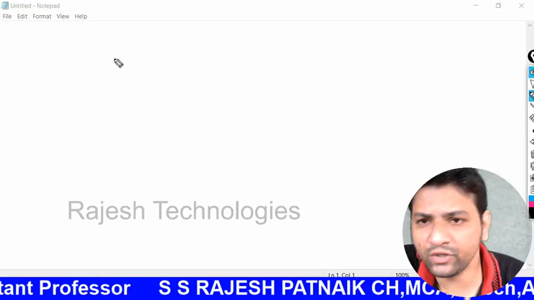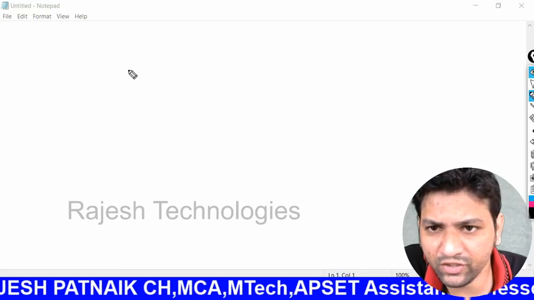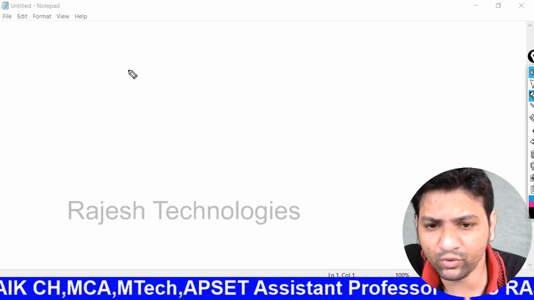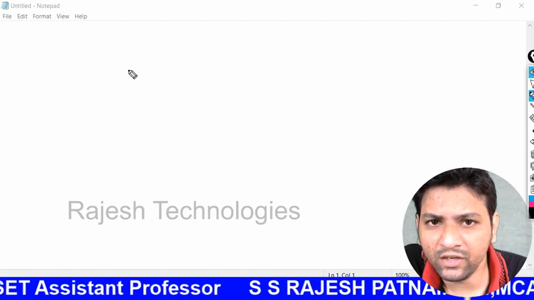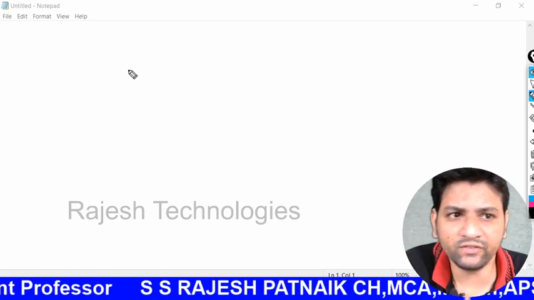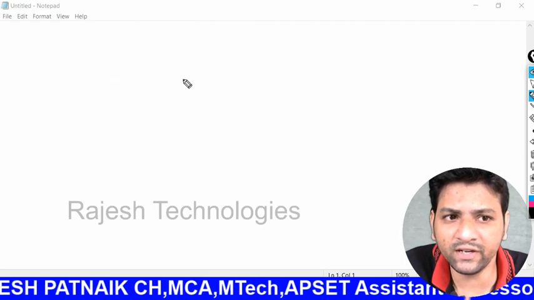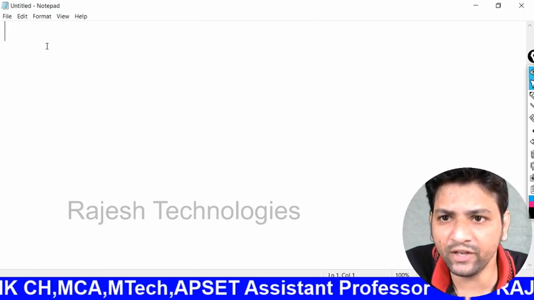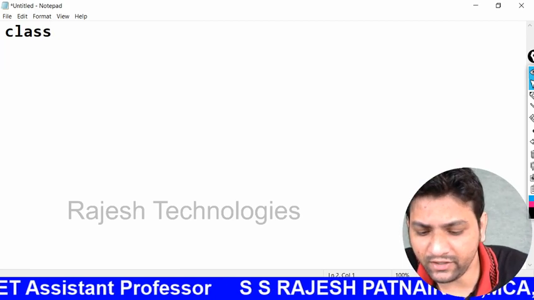What is an object-oriented programming approach? Object-oriented programming approach is a new technique for writing programs in an object-oriented fashion. For example, we have 5 major categories. In that, 5 major things are there, that is class and object,